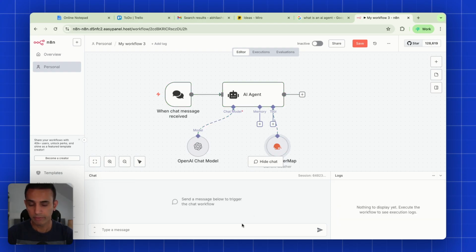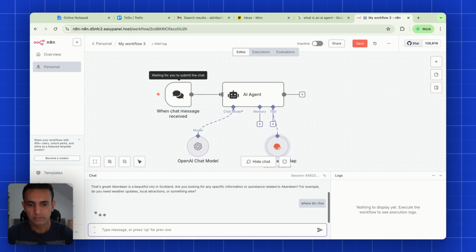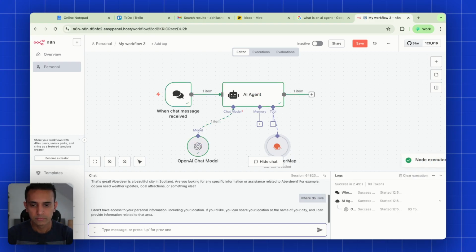So now let's understand, why do we need memory? Let's say I say, I live in Aberdeen. And now if I ask it, where do I live? Even though I just mentioned it, it can't find that information because there is no memory associated with it. So if we want to build some kind of context about the emails, the calendar, the weather, I need to make sure that